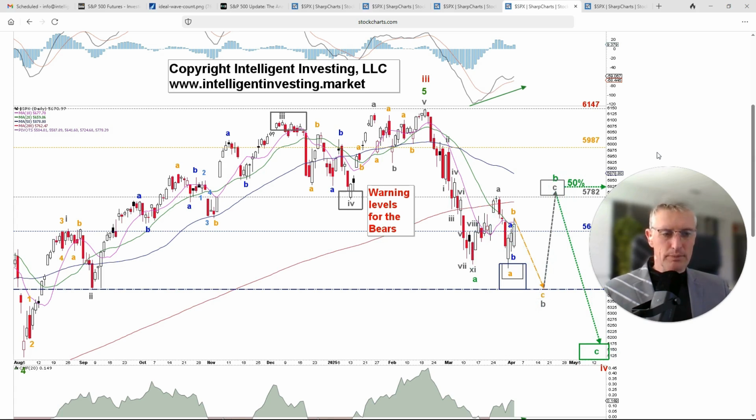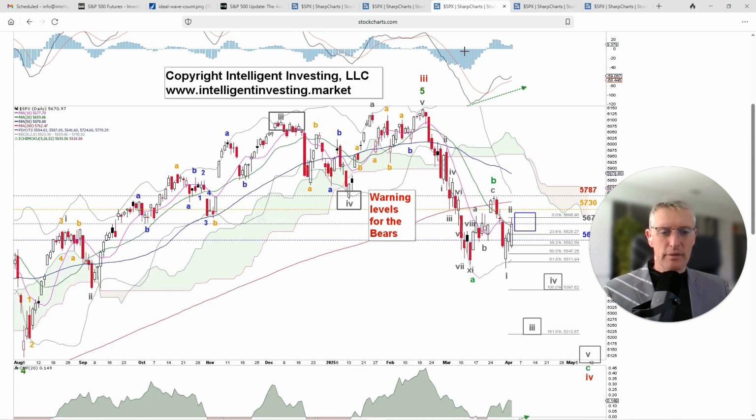If we break below 5,400 at any moment, then I think we can put a fork in this wave count and we're going to completely focus on the 1, 2, 3, 4, 5. Now bear in mind that of course this can morph into a diagonal. Okay, it doesn't have to be a standard Fibonacci based impulse pattern. It can morph into a diagonal where then wave 3 goes here, wave 4 goes here, and wave 5 only goes to about 5,200. Okay, this is a possibility.